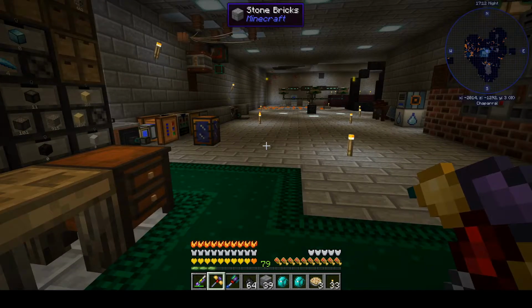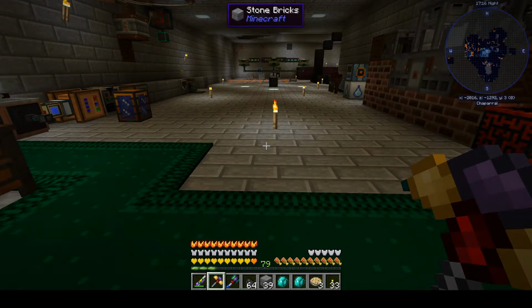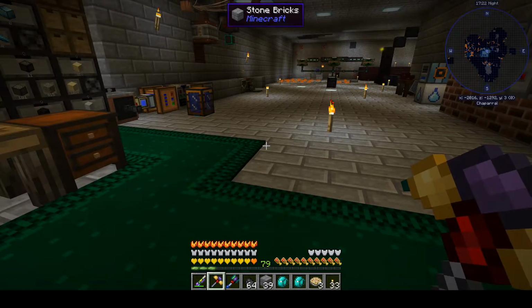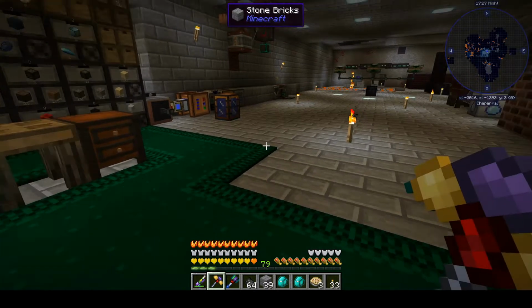So I'm going to pause this now, and I'm going to work on the blocks for our Wither Boss prison, and I will be back shortly. And for the rest of this episode, we'll try to bust out enough blocks to make the holding pin for it, and then